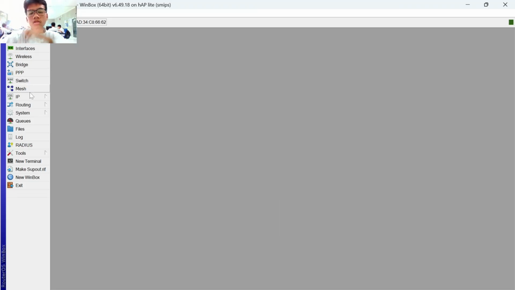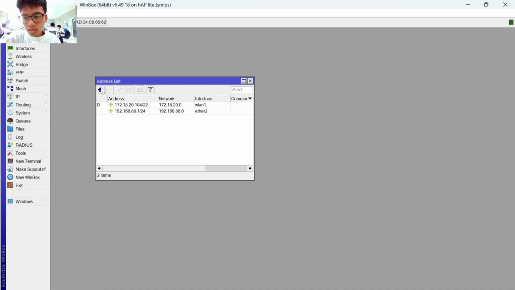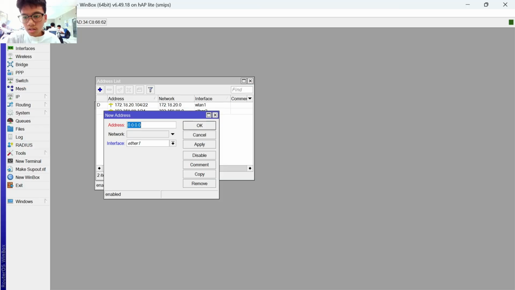Okay, now how to access WebFig? First, we must add an IP address. You click Add, and you fill in the address with 192.168.88.1/24, and for the interface, choose the ether port that connects to the router board.